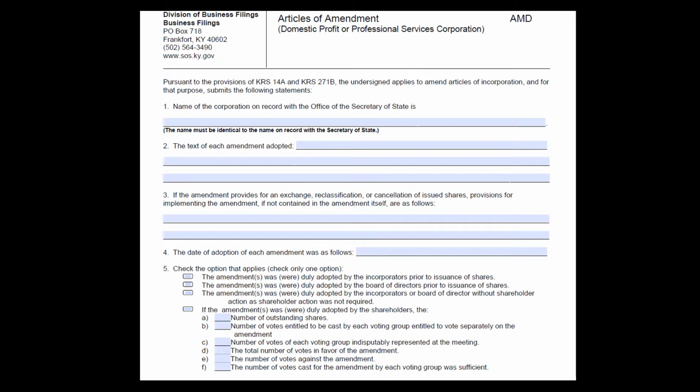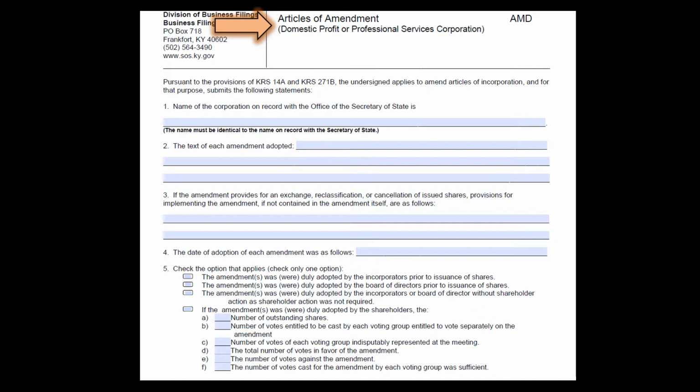Here's a quick look at the Articles of Amendment form that you can find on the Kentucky Secretary of State website. You will notice in items 2 and 3 that is the space where you actually write your amendment. It's not a lot of space, it's kind of limited, so you would probably draft out your own articles of amendment and you would not use this form.